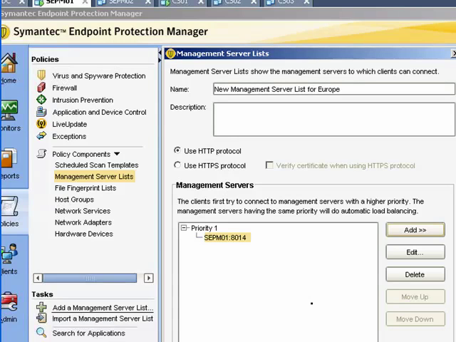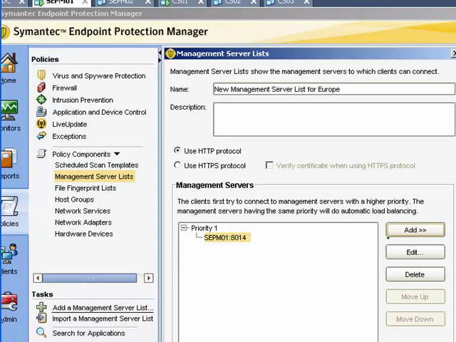So SEPM 01, which is, for example's sake, based in London, would be fine for our European clients as it's fairly local. Let us assume we have another SEPM located in North America, which would be okay for the clients to connect to because we are performing replication,